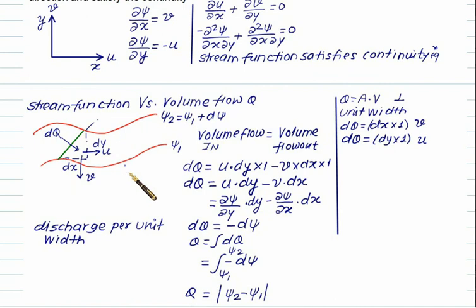As for the physical meaning of the stream function, suppose we have a section through which we have an elemental flow rate dq. This flow rate will be the same as the flow rate going through the directions perpendicular to x and perpendicular to y. We have a stream function equal to psi 1 here, and the second stream function we can write as psi 1 plus d psi. The dq value is u multiplied by dy multiplied by 1, the width, and this quantity is downward, therefore we have taken the negative sign. So don't get confused with the negative sign, it is just a direction.